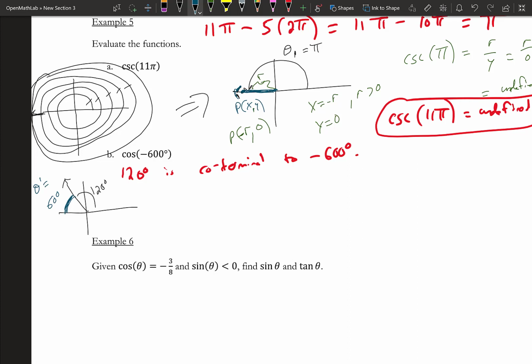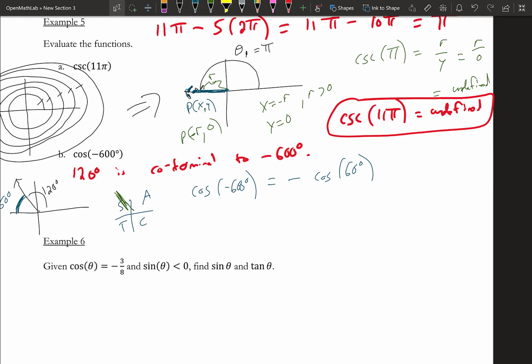So another way to look at this is that we have all students take calculus. So we are in the second quadrant here. So cosine is negative, right? So how I could write this, just another way to write this, is we could say cosine of negative 600 degrees is going to be equal to negative cosine of 60 degrees, right? So, if we try to find cosine of 60 degrees,